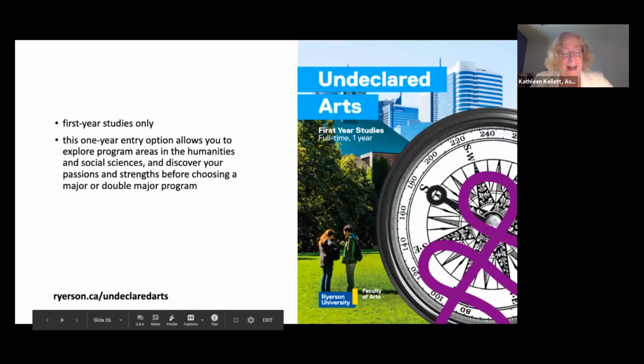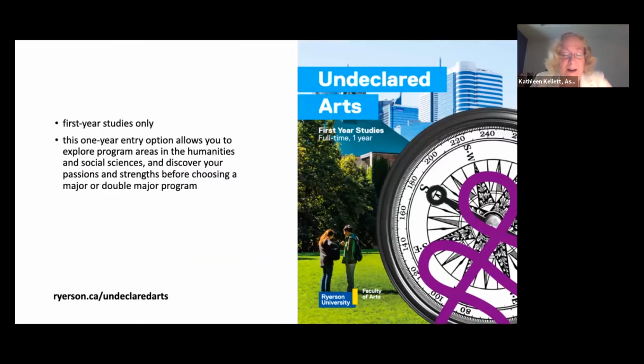Undeclared Arts. Last but not least, the Undeclared Arts program appeals to students who would like to explore their options in first year before committing to a major. With the first year common platform, Undeclared Arts allows students to take courses in social sciences and humanities in the